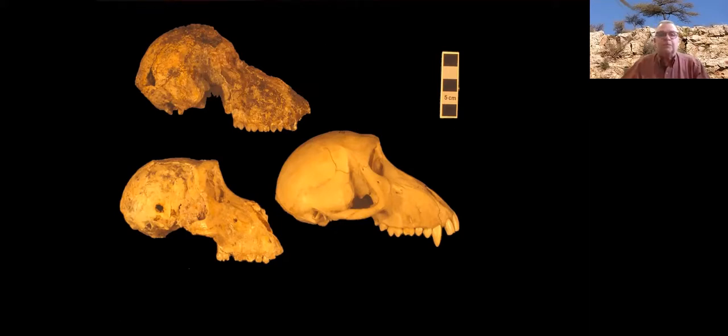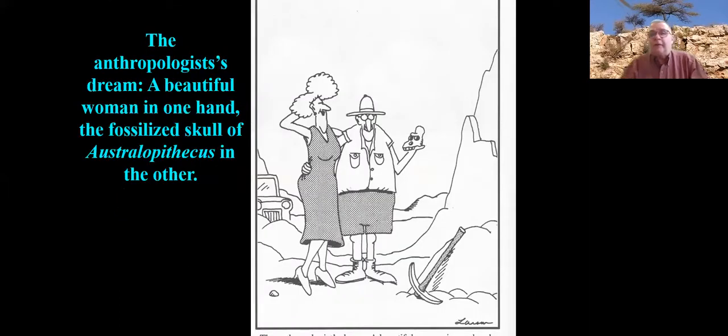Okay, well, that's all well and good. I love the baboons. But the anthropologist's dream is a beautiful woman in one hand and the fossilized skull of Australopithecus in the other, at least according to Gary Larson. Now, my female graduate students remind me that this is the male anthropologist's dream. But